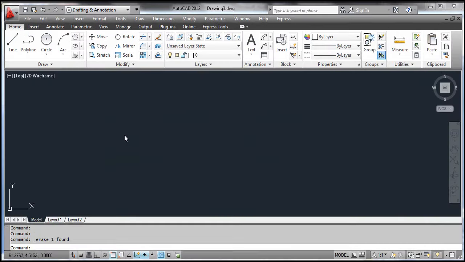The multi-leader command. Open the 1B template that was created in the previous article, creating a new template. Use the multi-leader command to write the dimension text. You can select the leader tool from the dashboard or click the dimension menu and select multi-leader.